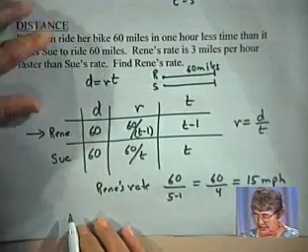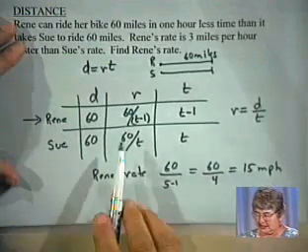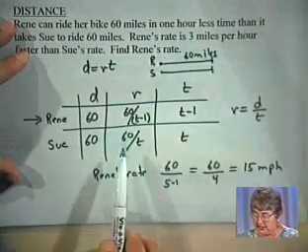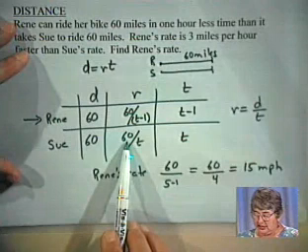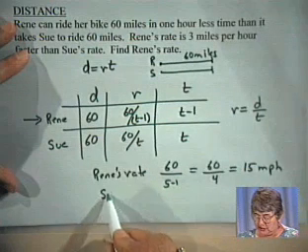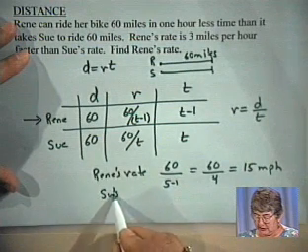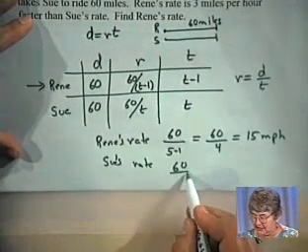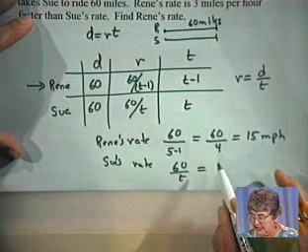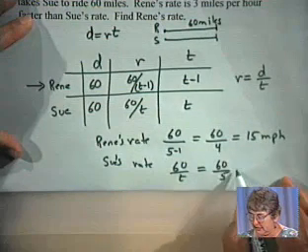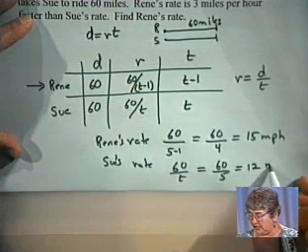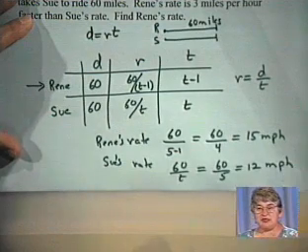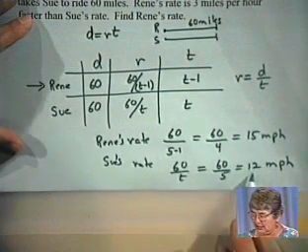Okay? Let's check and see if those rates differ by 3 by putting it in. Sue's rate is going to be 60 divided by t, but that's the same thing as Sue's rate is 12